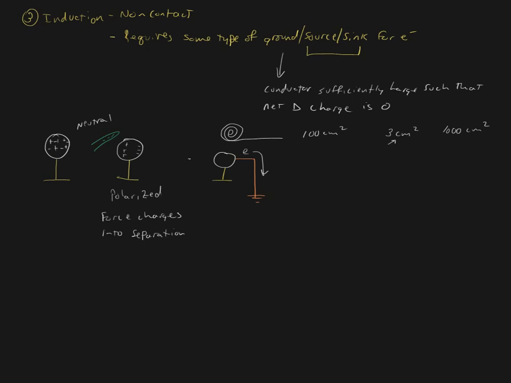All the while, we have not moved this negatively charged rod, which means, being that the protons are bound to the atoms, they're in the nucleus, we have a positively charged globe. Now, at this point, the globe is charged, but if you were to move this negatively charged rod away from the globe, those electrons would go back up the wire into the globe. So, in order to actually create a permanent net charge, you have to remove the ground wire first,